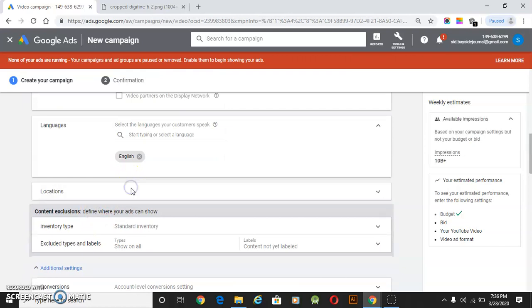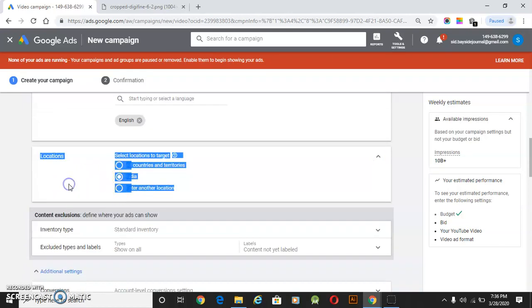Then location. Now location defines where exactly your TG is. On the basis of that, you are going to target your location.